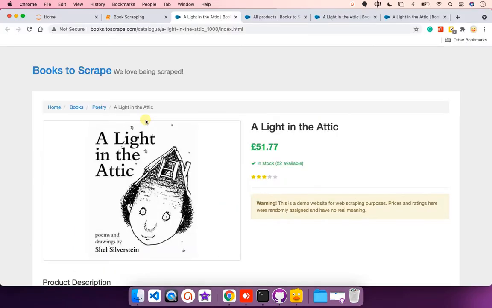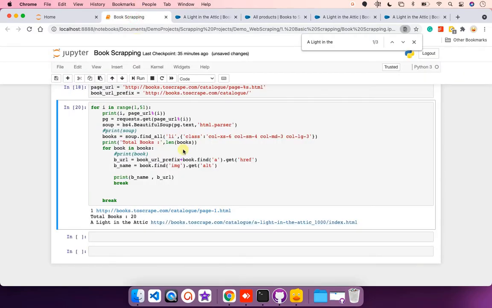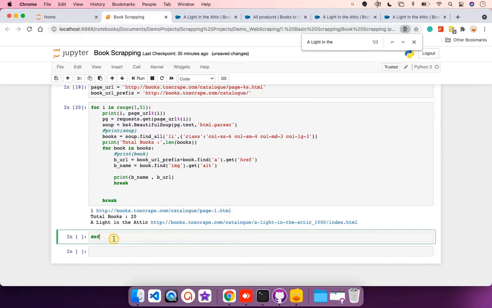In the last part, we had already fetched 20 book URLs. In this part, we will download the content of each URL and extract the information. So let's create a small function to do all this extraction part. I'll name the function scrapebook. It will accept the URL as an argument,